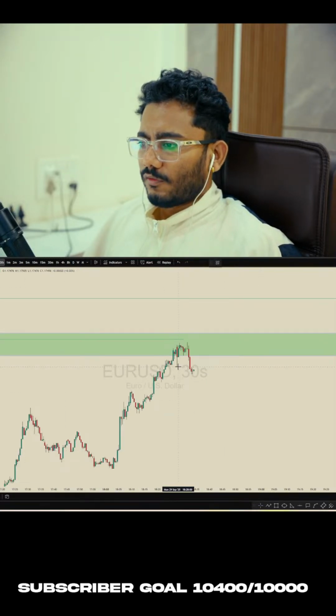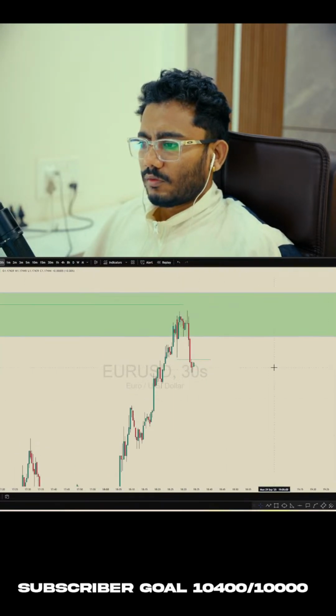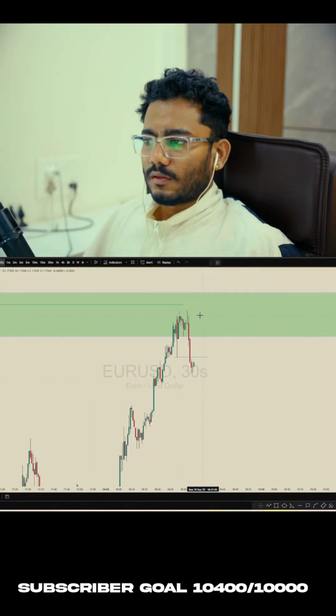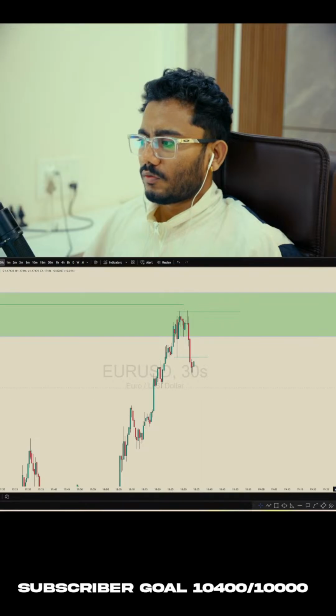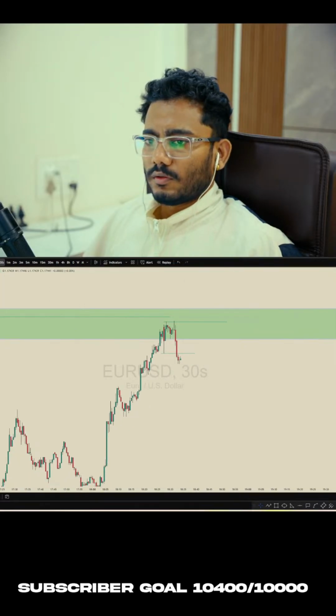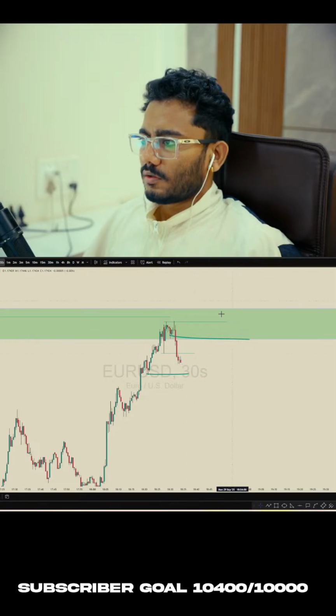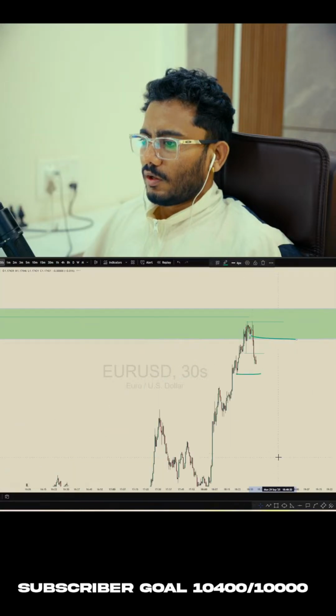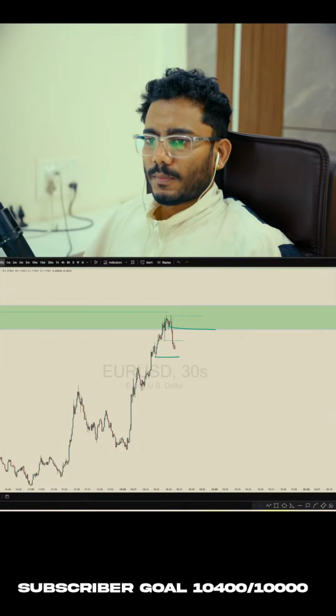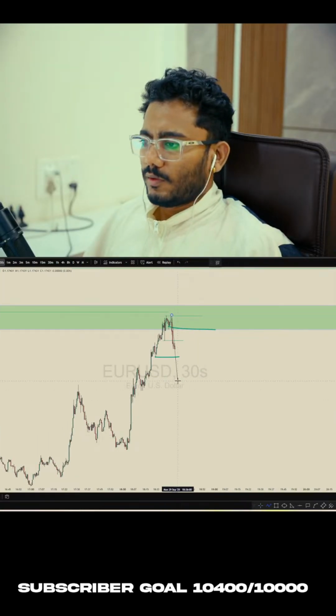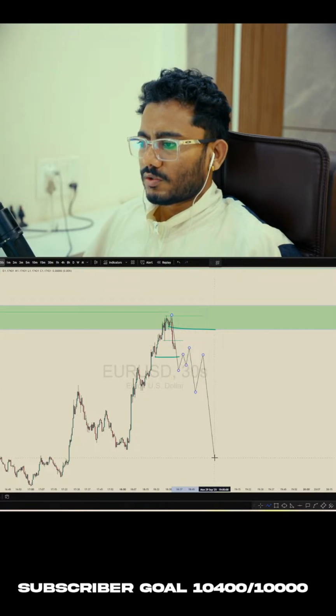So price has finally broken this low, which created this inducement, created this high, and swept this previous high's low. Let's wait for price to break this, then we'll look for sell from here, from this order block, or we'll look for continuation. Like if price continues to downside, yeah, the simple entry will be to just look for price to break the previous candle's high, then look for continuation like this.